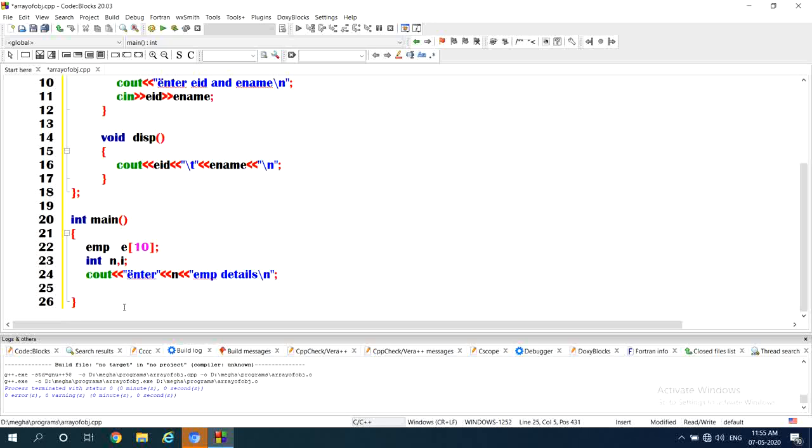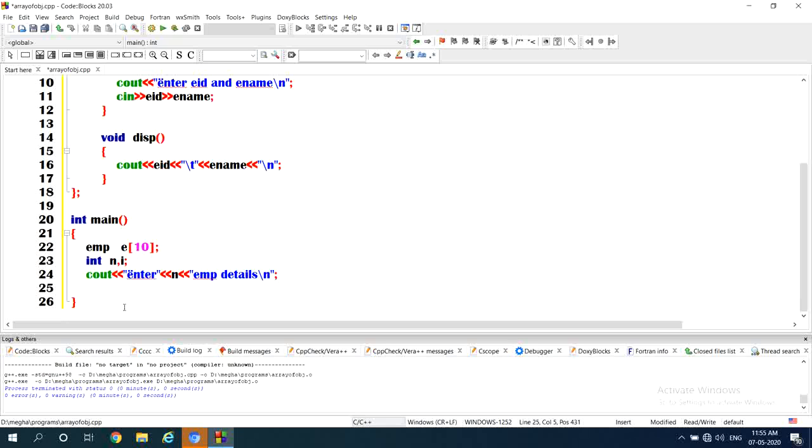See here, all employees have the same identifier, 10 employees also identified by E only. Then how to identify each employee uniquely? By their position. The first employee is identified by E of 0, second employee E of 1, third E of 2. Like that, these positions identify